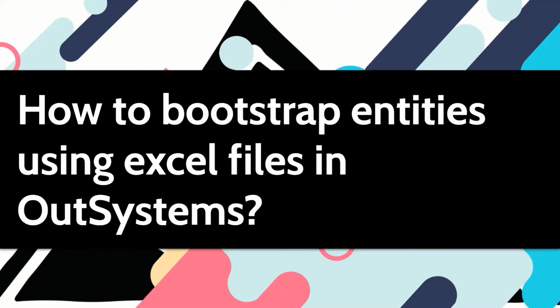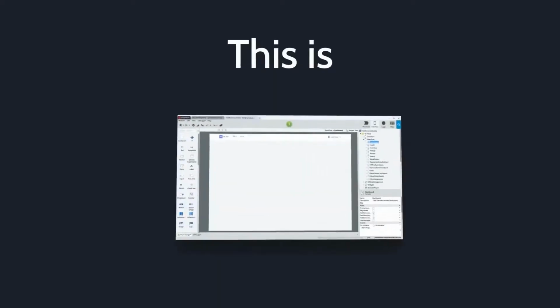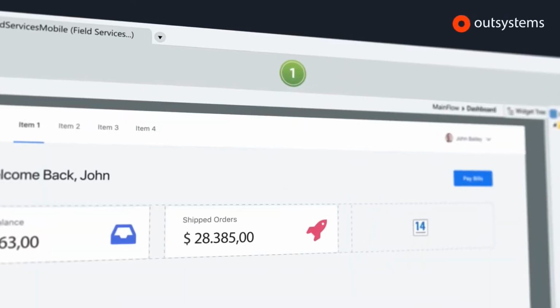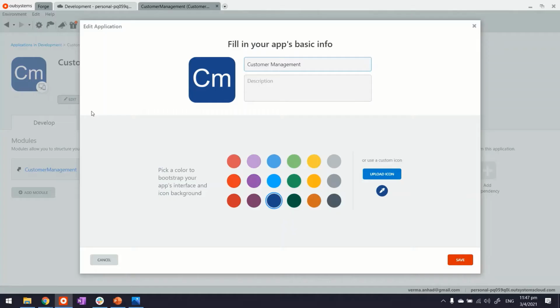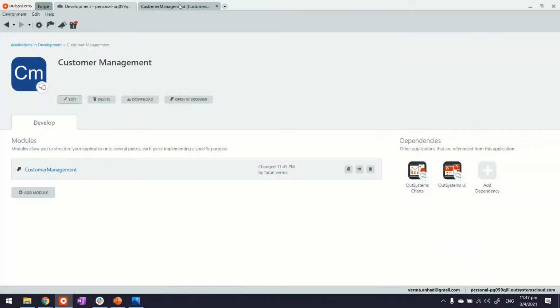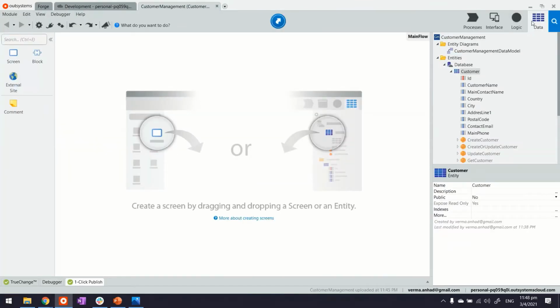In this video, let's see how we can bootstrap data into our entities using Excel files. So first thing first, you create an application, give it any color scheme that you like, upload an icon and all. Build a module. Inside the module, you may have some entities which you may want to bootstrap using Excel